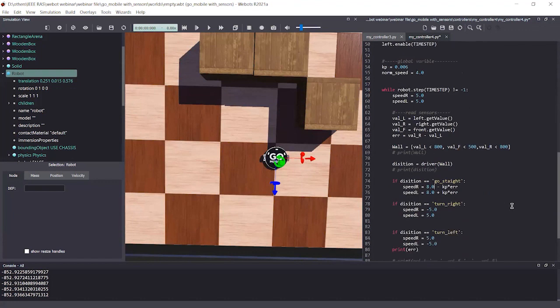So tuning is very hard, but compared to other controllers, proportional control is the easiest control.